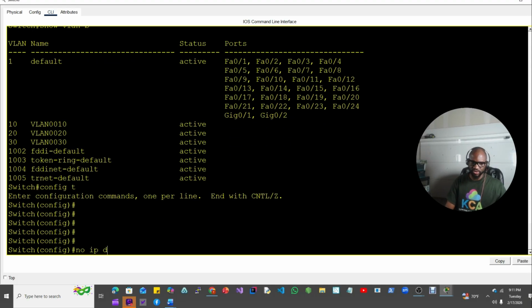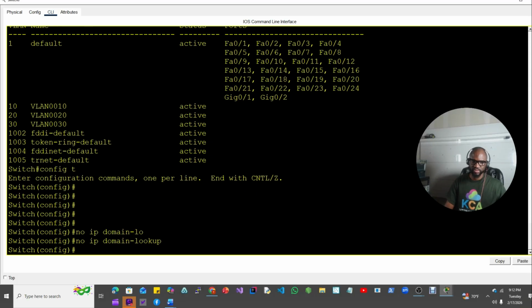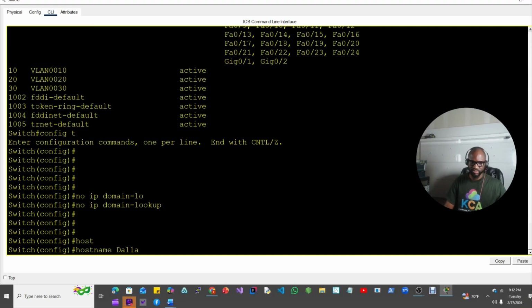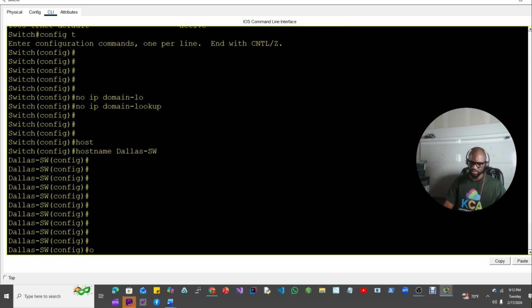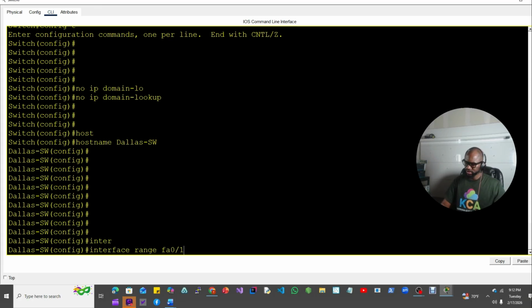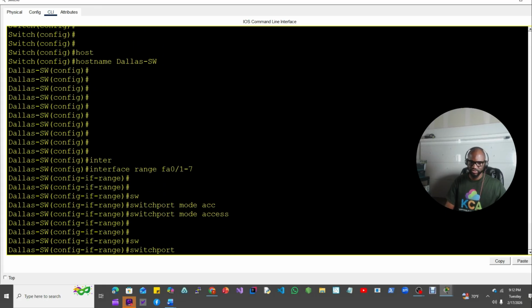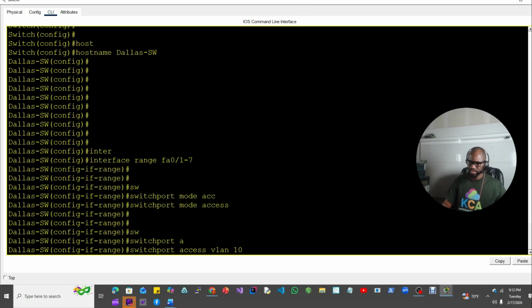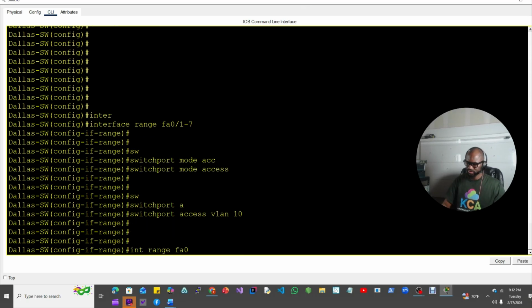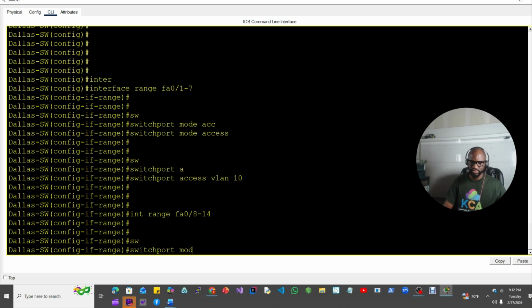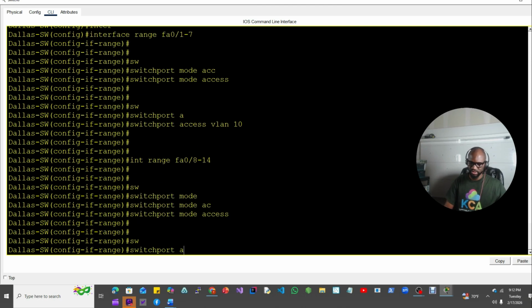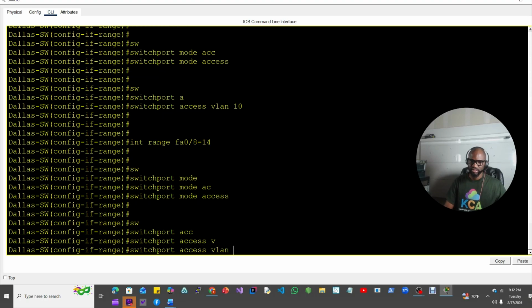Config T, no IP domain-lookup, hostname Dallas-switch, interface range FA0/1-7, switchport mode access, switchport access VLAN 10, interface range FA0/8 through 14, switchport mode access, switchport access VLAN 20,